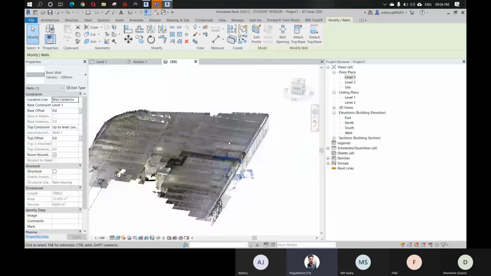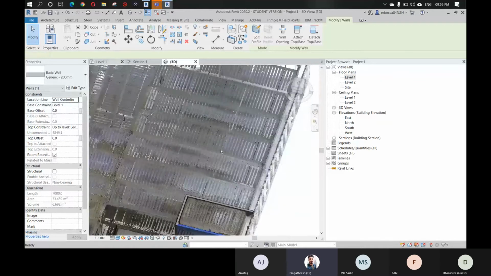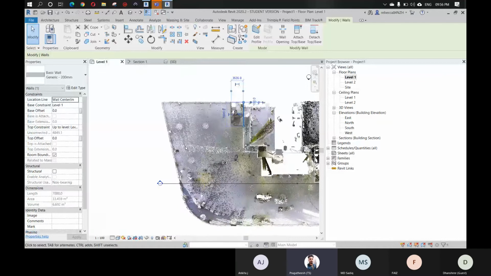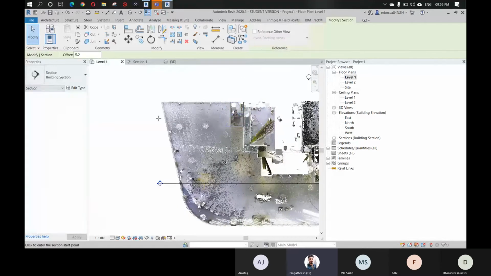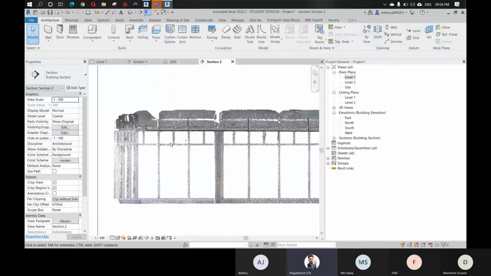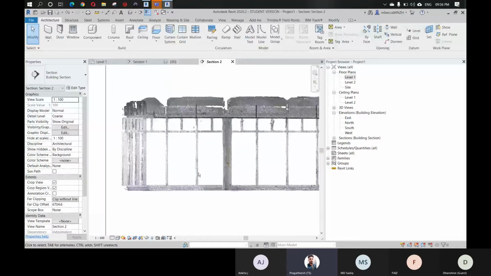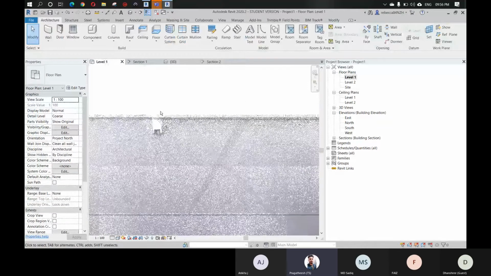So you have to take sections everywhere that needs attention. Okay, so as I said, it's not an easy task. So now you have this reference of these frames, so you can just model, and you can see there are some columns here.